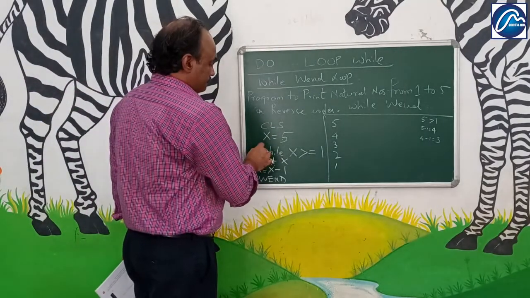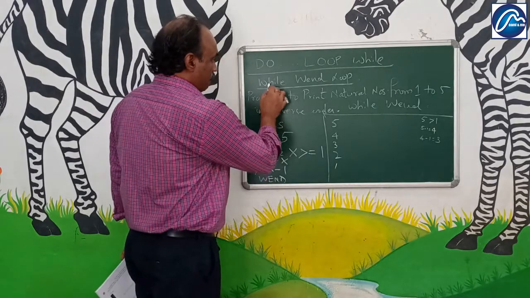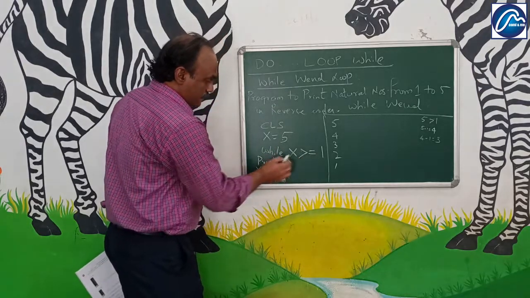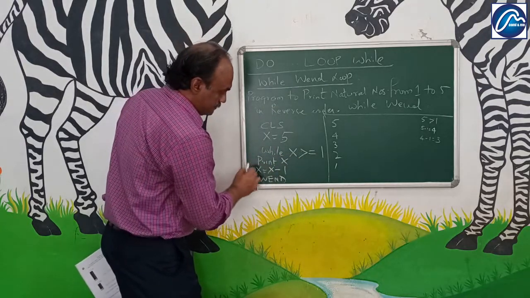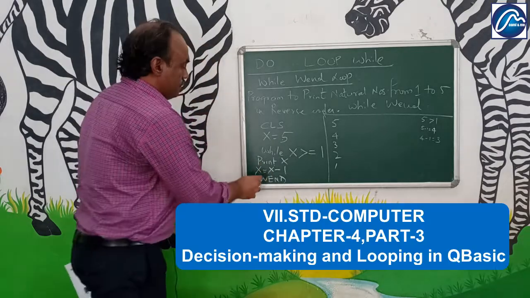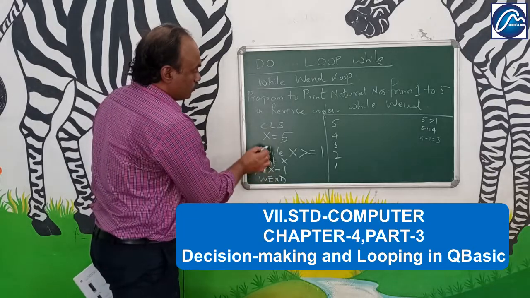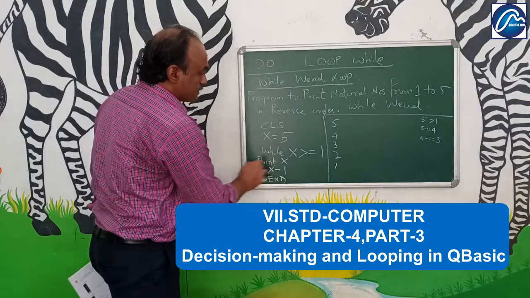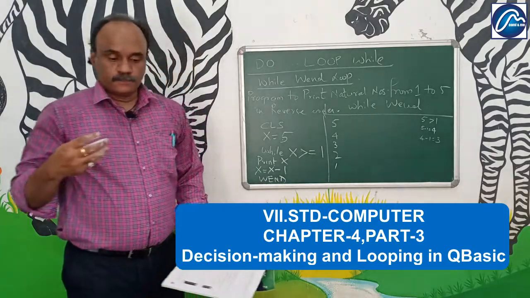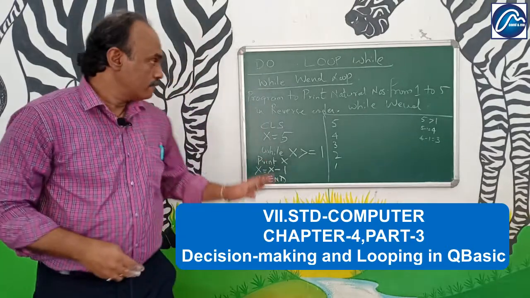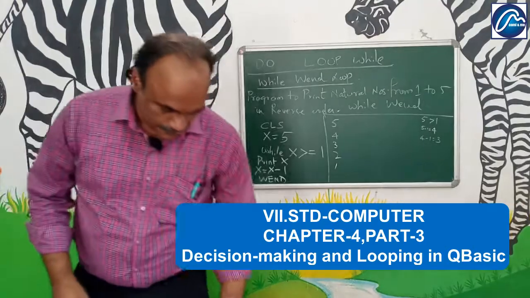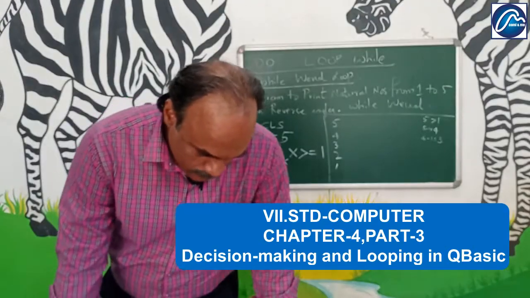The while wend statement or while wend loop starts with a while statement followed by conditions. The executable statements are inside this, and wend will mark the end of the loop, and is also signaling to go back to the loop if the conditions are satisfied. Understood? So loops get executed repeatedly using certain statements. While wend loop is also one type of loop statement.